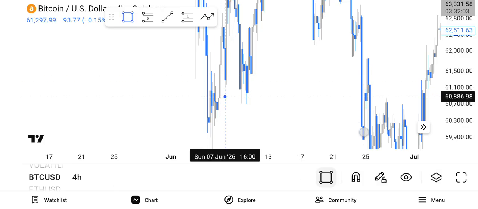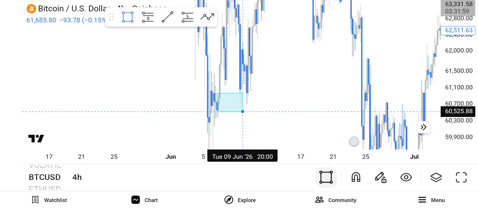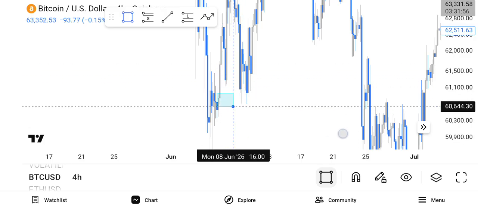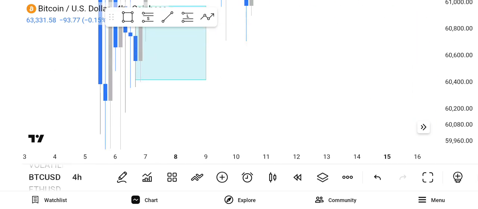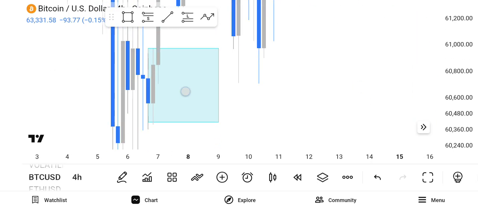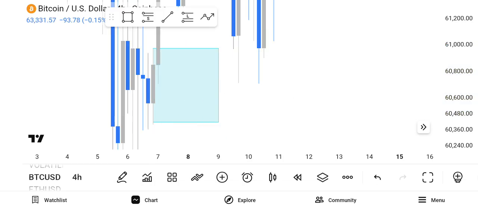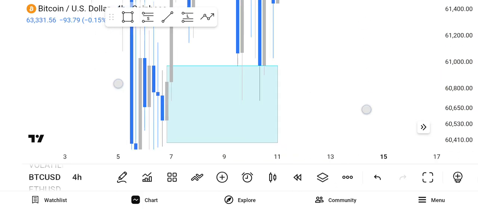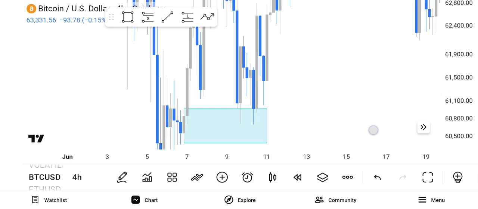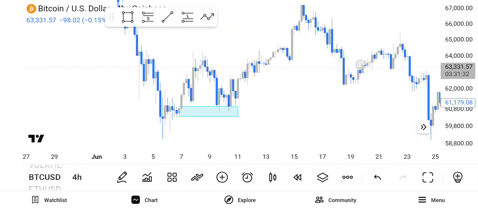Some people will mark it from the last bearish candle before the move upward, but no, I mark mine from the last candle before the impulse, which here is actually this candle here. This candle here is actually my demand zone. You can see once price pulled back into this candle,